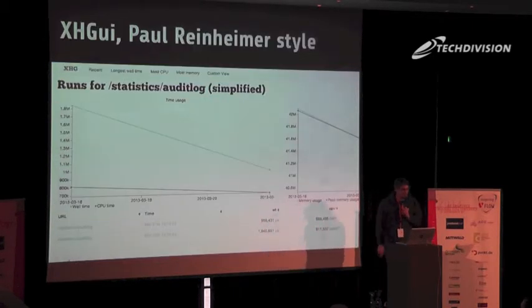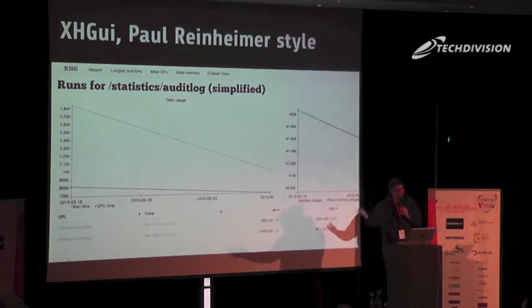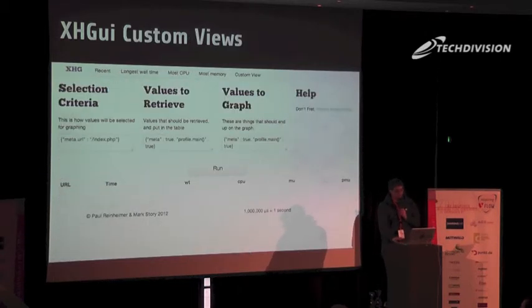And this is how the MongoDB-based UI by Paul Reinheimer looks. It also has nice graphs that are relatively meaningless in this case. It's mostly the lack of data that I have. You can also just sort, and you can have the longest running runs and the most memory consuming ones. And you can have custom views, and that is, if you have ever used MongoDB and the filtering